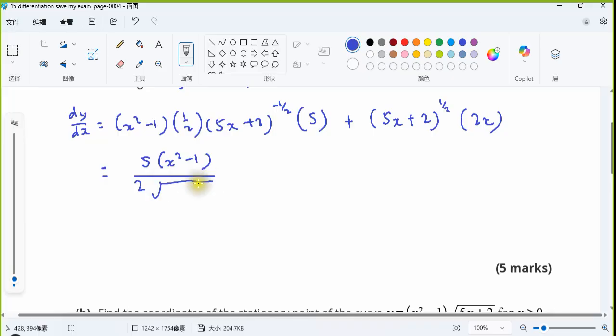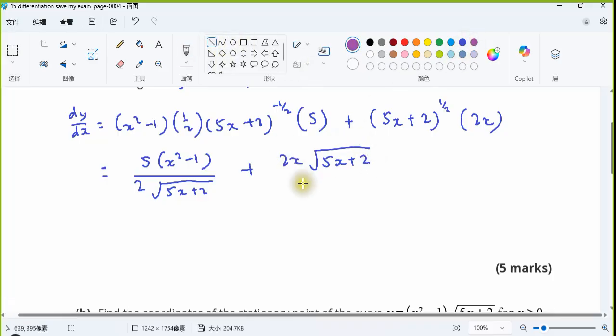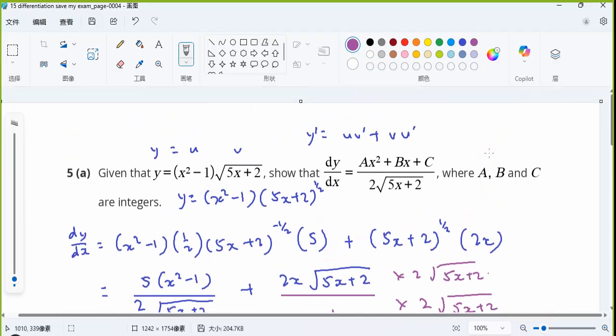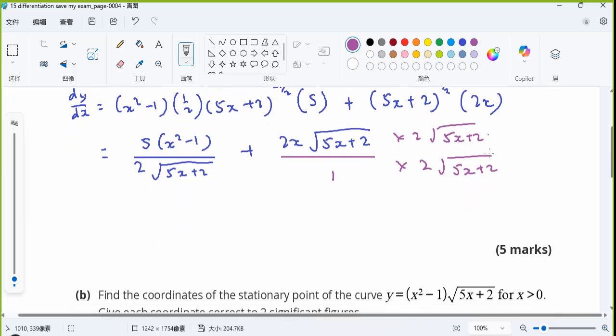2 times the square root of 5x plus 2, plus 2x square root of 5x plus 2. So the denominator here is 1, so we multiply with 5x plus 2, 2 square root 5x plus 2. Okay, so that the denominators are the same. So we have 5x squared minus 5 plus 4x multiplied with 5x plus 2